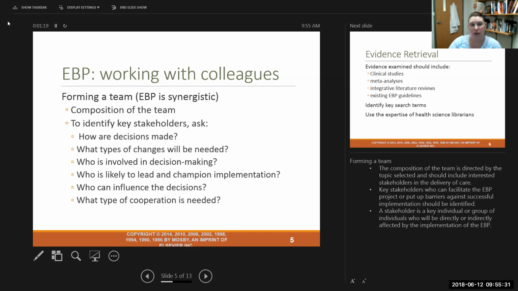So again, in creating a team of people that might want to take on evidence-based practice, you would want to identify key stakeholders. Who makes the decisions in your unit? What type of changes do you think need to be made? Who's involved in making those decisions? Who's likely to lead or champion this implementation? Who can influence decisions? What type of cooperation is needed? This is where those unit-based councils can be